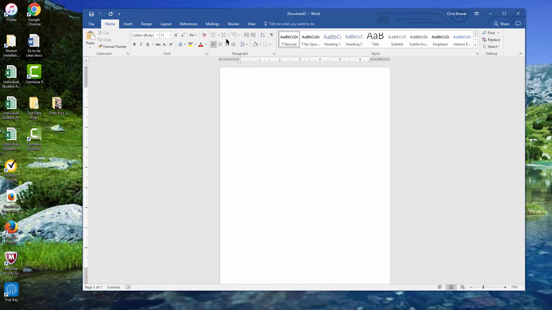So now let me talk a little bit about the two kinds of formatting that we're going to do in Word. There's character formatting, and then there's paragraph formatting. Character formatting are things that you can do to a character. Paragraph formatting are things that you do to a paragraph. So let me